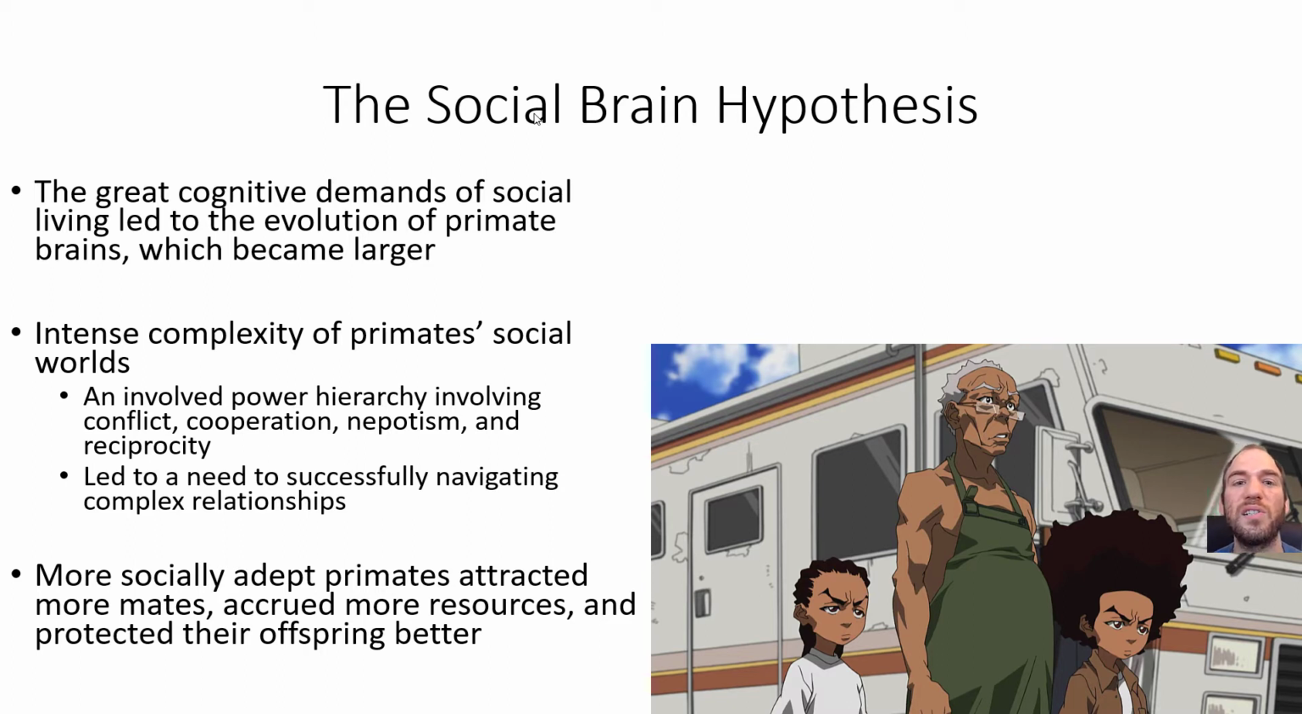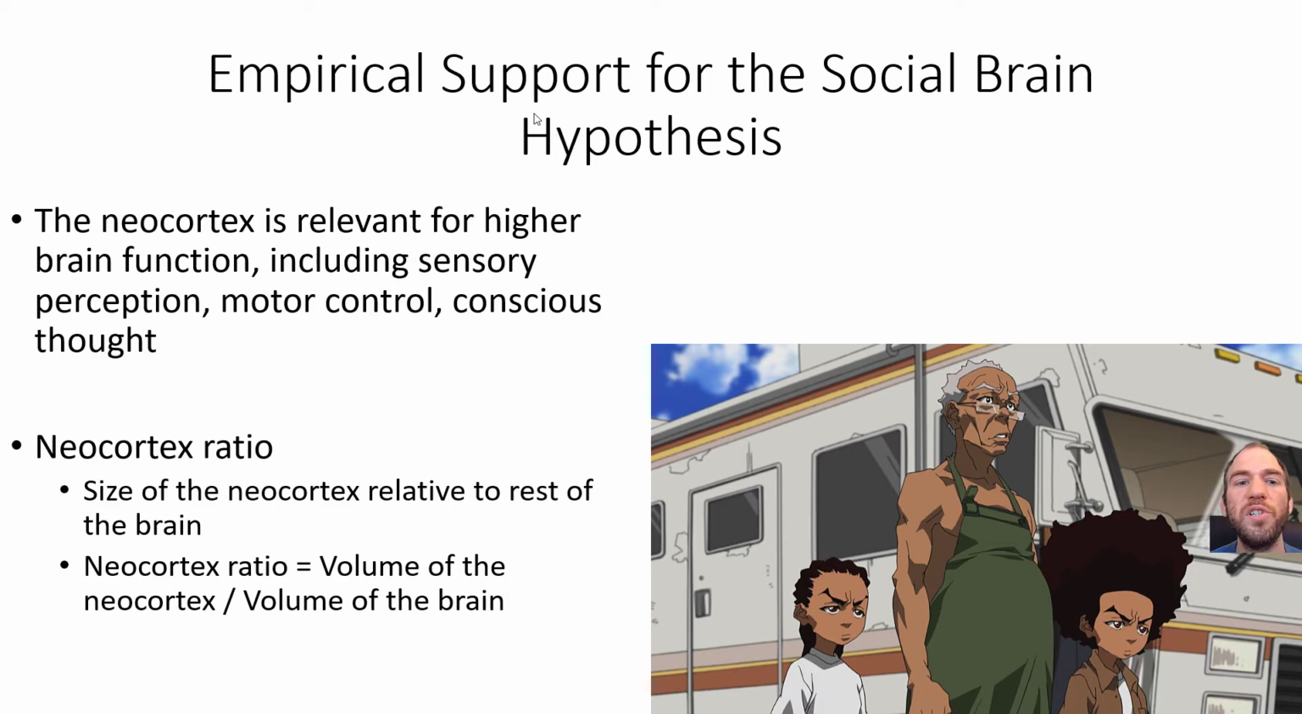And the idea here is that more socially adept primates attract more mates. They're more likely to survive. They're more likely to gather more resources because they can work in a team, and protect their offspring better because you can have a community. It takes a village to raise a child kind of idea. So you can accrue resources together. And researchers have sought out ways to measure this, and they found some empirical support for the social brain